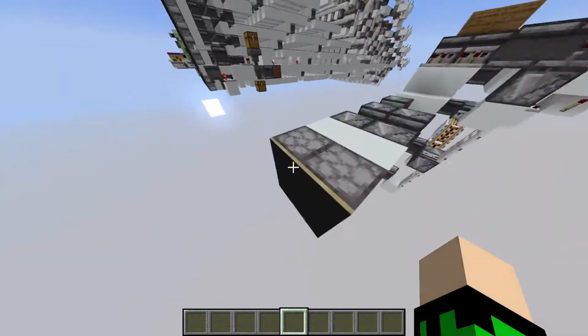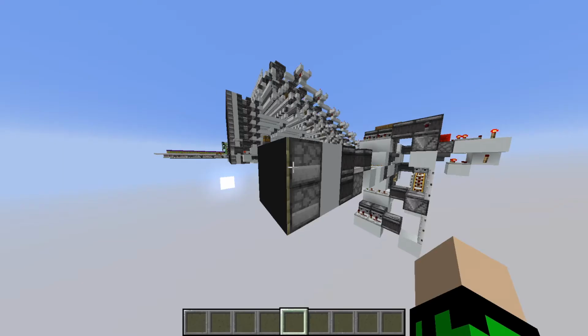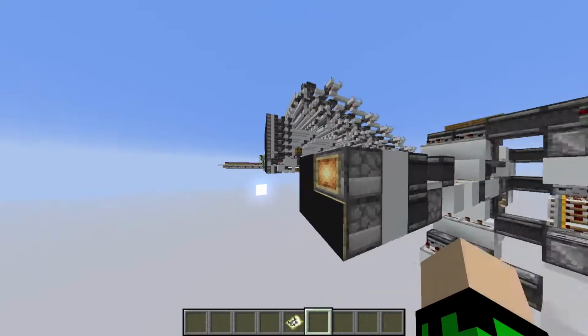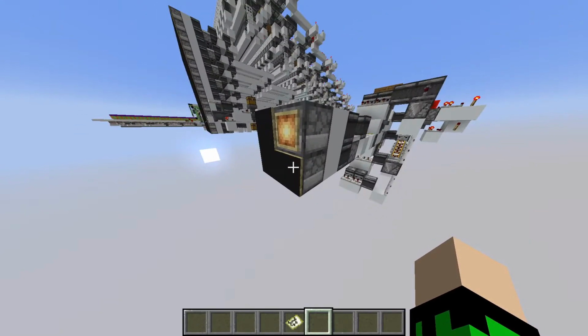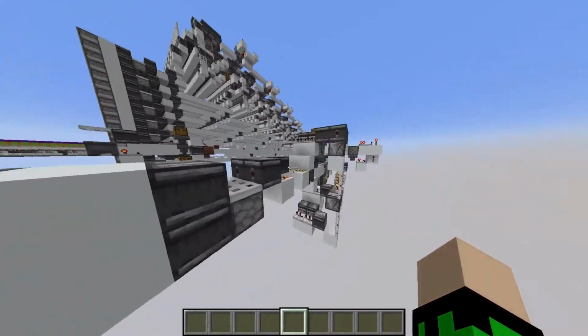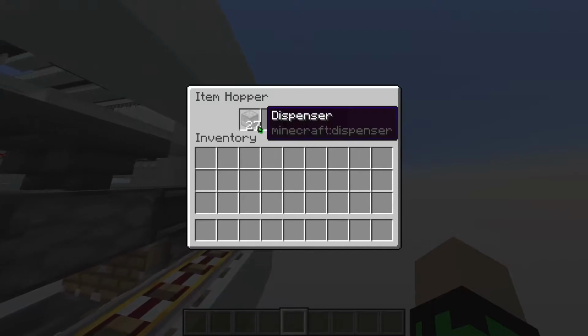Each pixel is a 2x2 grid of dispensers with a powder snow bucket with a black map in an item frame in front of it, so you can easily convert to black and white. Here is a fully working 1 pixel TV. It starts off with a 27 item hopper timer,